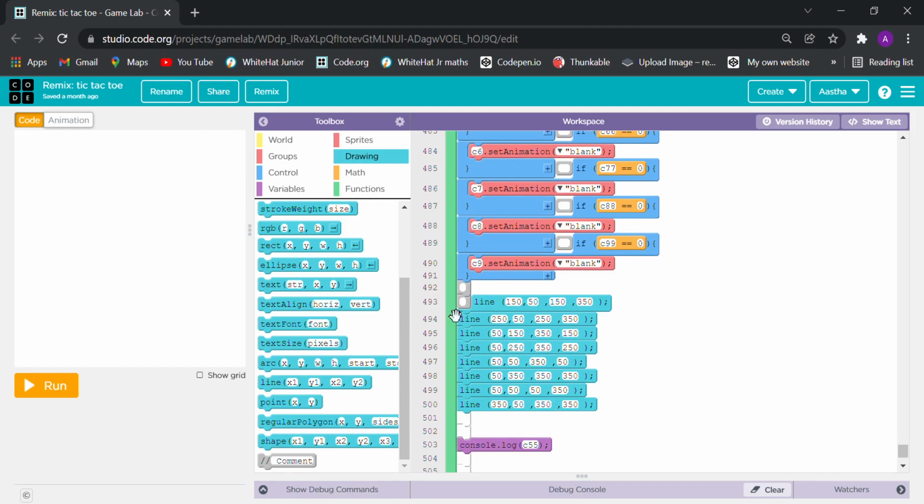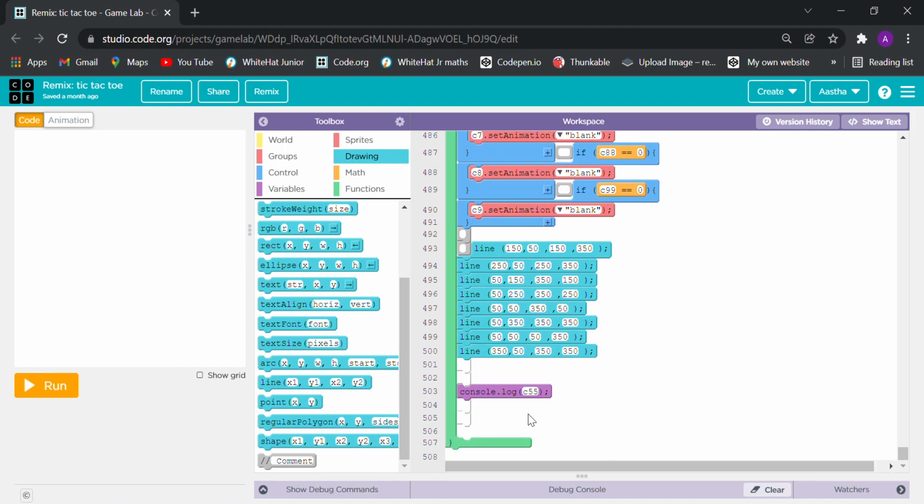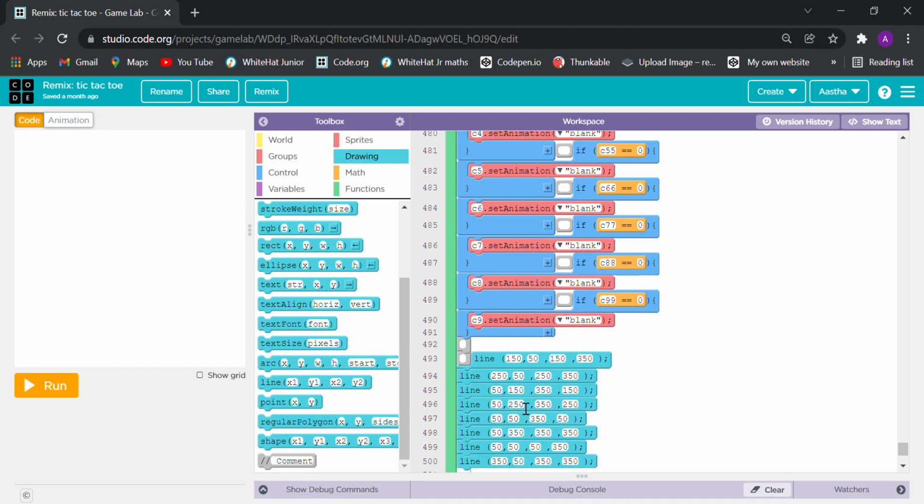And in the 493 line what you will do, 150, 50, 150 and 350. These are the positions: X position, Y position, X position and Y position. Okay, you will make it C and you will be able to do it. Now at the last console.log C55. Right, so we are done with these codes,